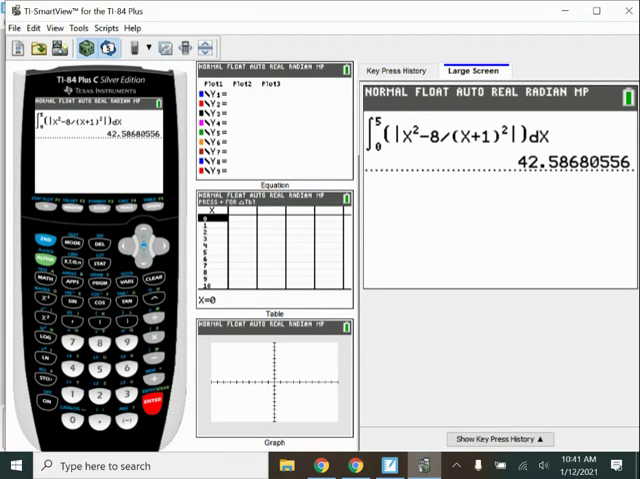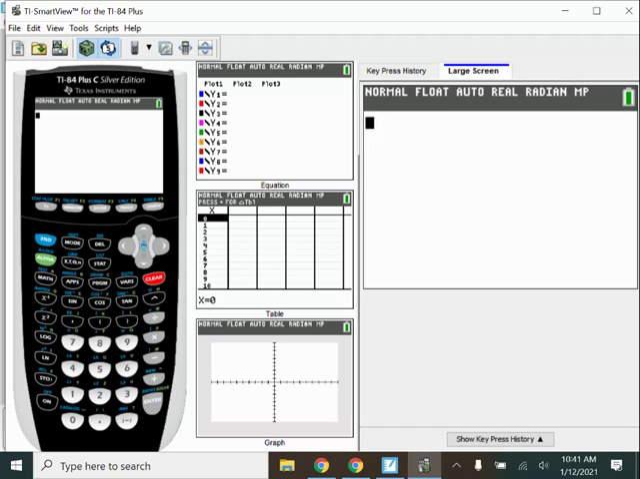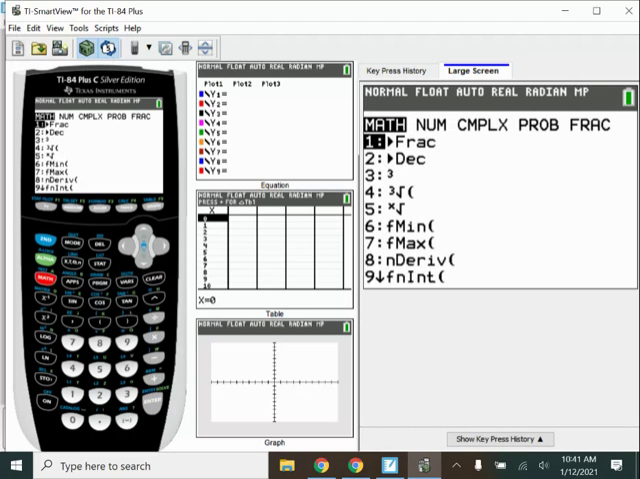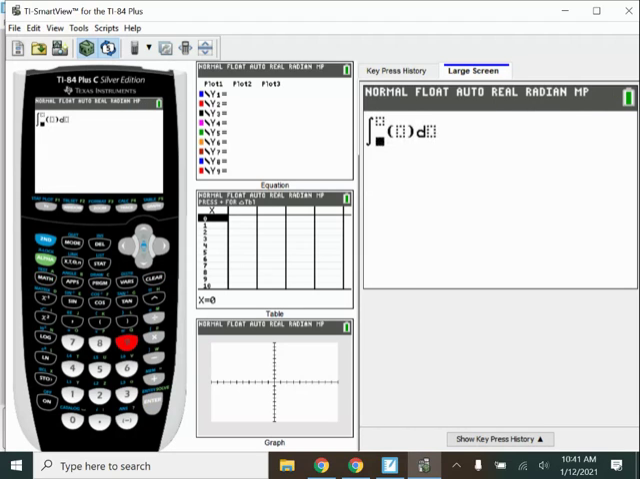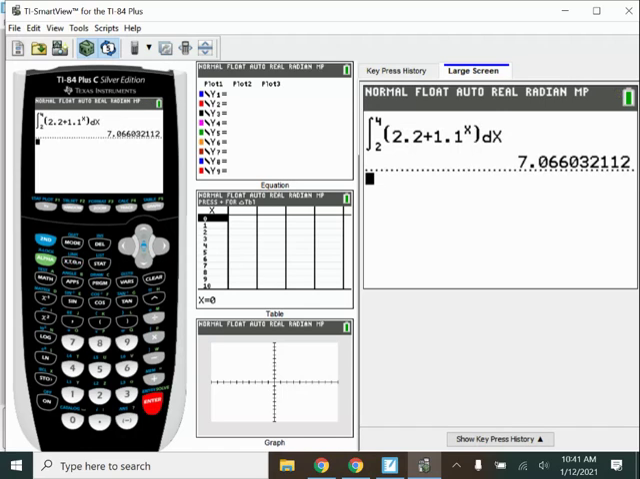So again, I'll just clear out what's there that's still left over from the previous video. I'm going to do math 9. That brings up my fnInt from 2 to 4. My equation, I will need to put a parenthesis in there: 2.2 plus 1.1 to the t power. I don't think I wrote the equation correctly on the previous page. I will go through and fix that if I did not. And then we have the x, and that is going to give us